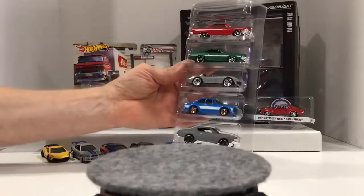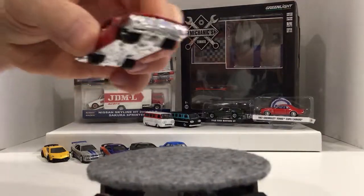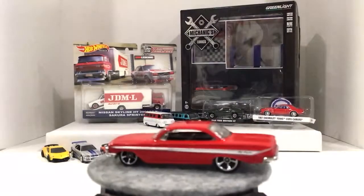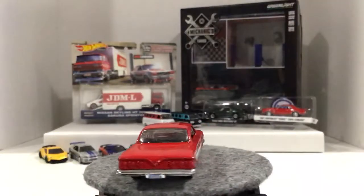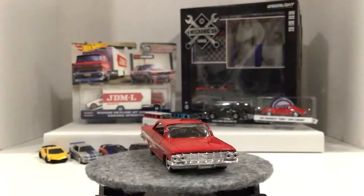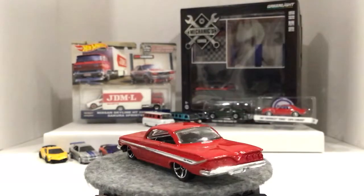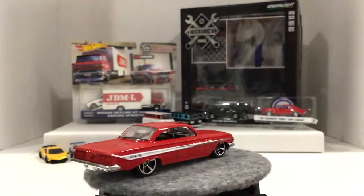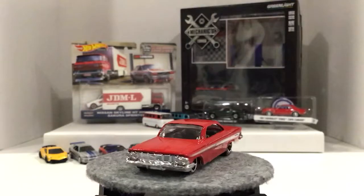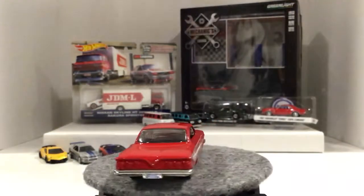So there we go. We'll start at the top with the Chevy Impala. That one is pretty cool indeed, I must say. I like this one. This is a nice casting. Obviously very simple and plain, with the larger wheel in the back. No tampos on the front and back, but I don't think it needs it. You've got the chrome down the side of the car, which is very natural for this. And then the next one is your